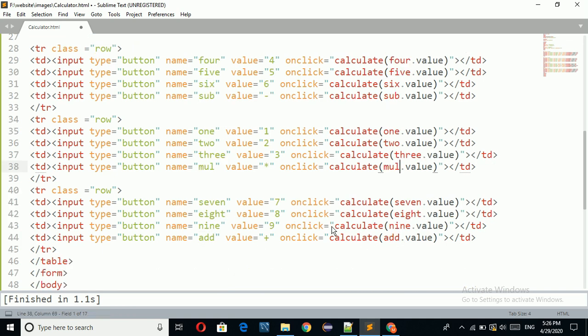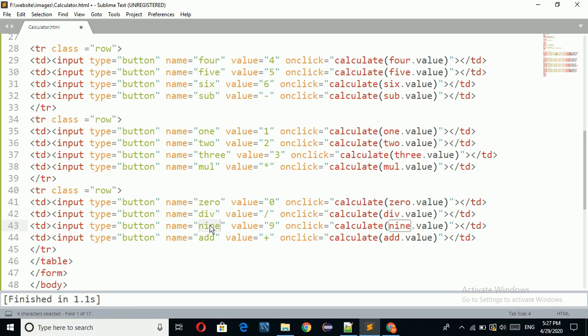Now I am going to create the next row. I am taking 0, changing the value to 0, and here I am going to take division, the value also division, and pass this division here.